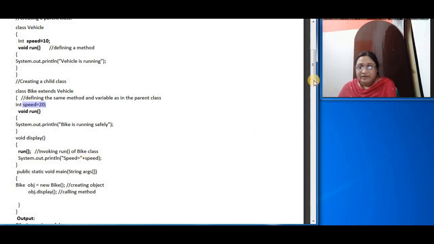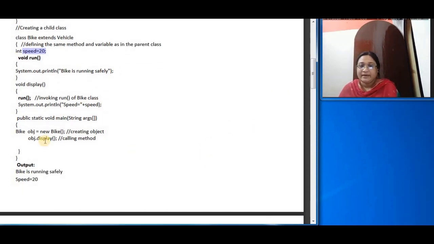So when we create the object of the Bike class and call the display method, the output is: bike is running safely, because inside the display method we are calling run, and this run method belongs to the derived class. Inside the derived class run method, the statement is bike is running safely. We have printed the speed also, so speed equals 20. This is all about method overriding.